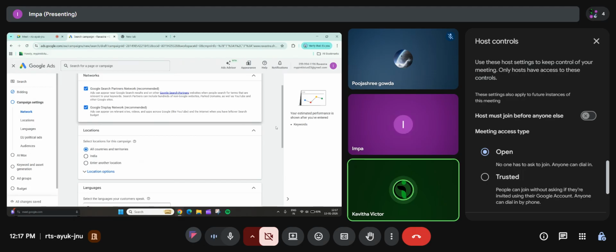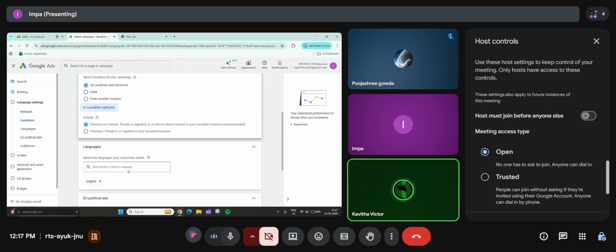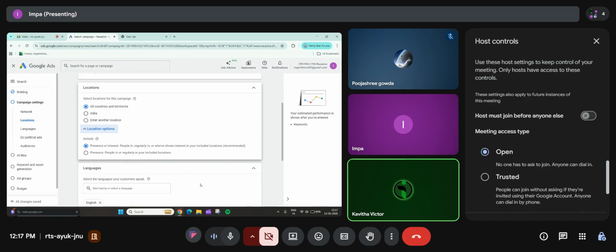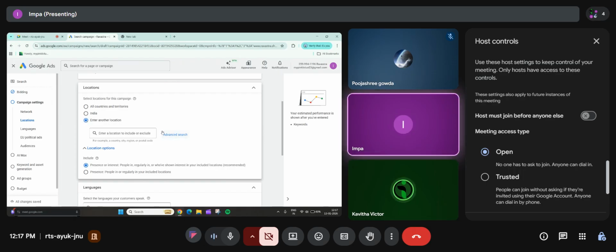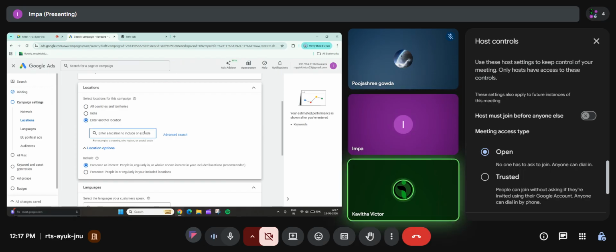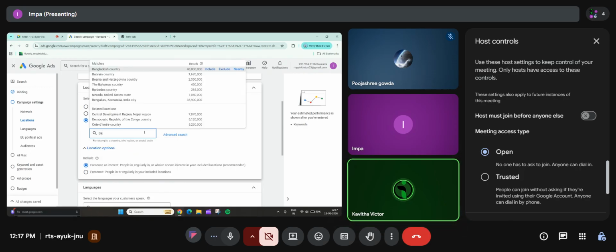Select the location for your campaign, where you want to run the campaign. All over India, or only in Bangalore, or only nearby Malleshwaram place alone. Click on enter another location. Type the location where you want to run the campaign. Only in Bangalore or all over Karnataka.